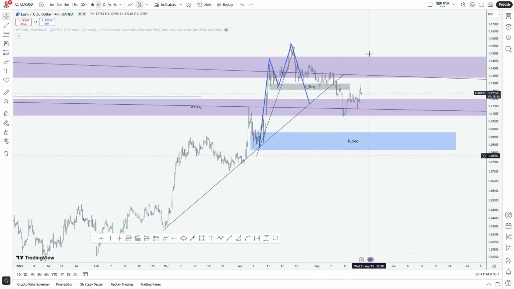Okay, before price realigns with the daily and then realigns with the weekly, and also the weekly is going to realign